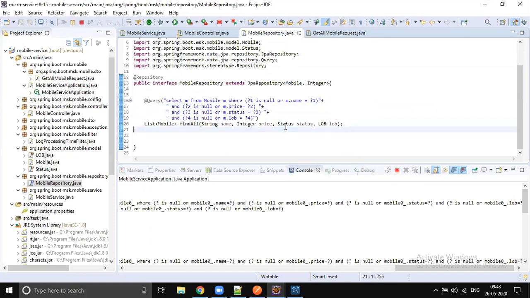Sunil, I think the third placeholder is not LOB, right? That is status. Here you have four placeholders, and you are passing three only. The third is status, but you are passing LOB. So this is 1, 2, 3, 4.